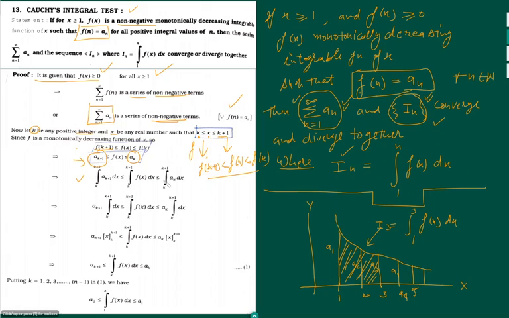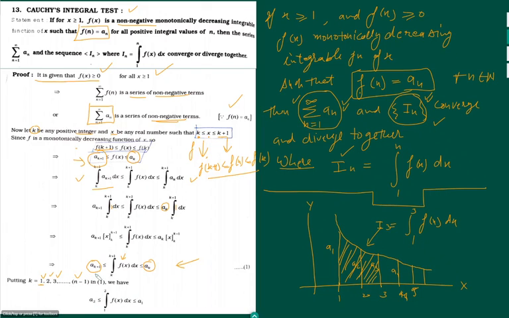You take integration from k to k plus 1 everywhere. So a_(k+1) is constant, times the integral of 1 from k to k+1, then the integral of f(x) from k to k+1, and then a_k is constant, times the integral of 1 from k to k+1. This integral is just 1. So you have a_(k+1) here, a_k here, and the integral of f(x) from k to k+1. So if you put k equal to 1 in this inequality, first of all you put k equal to 1, then put k equal to 2, then k equal to 3, then k equal to n minus 1.